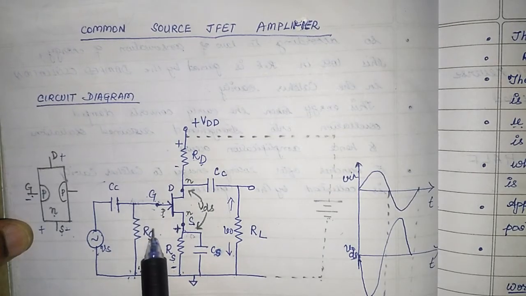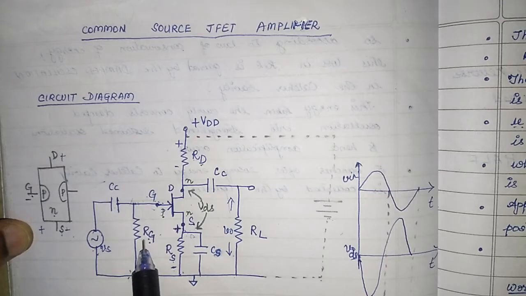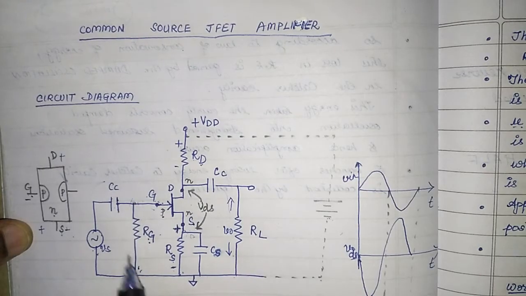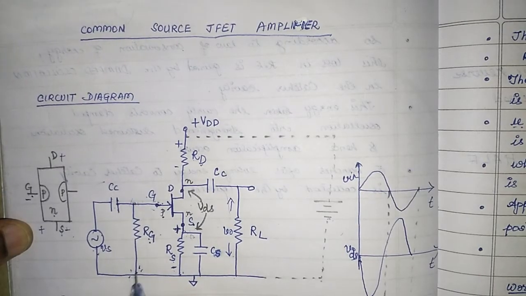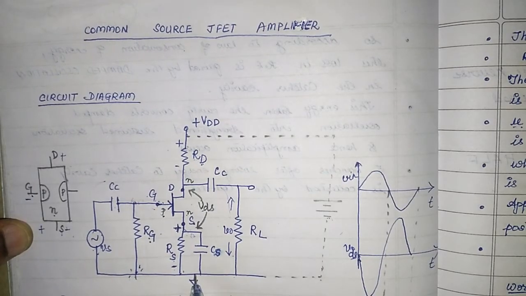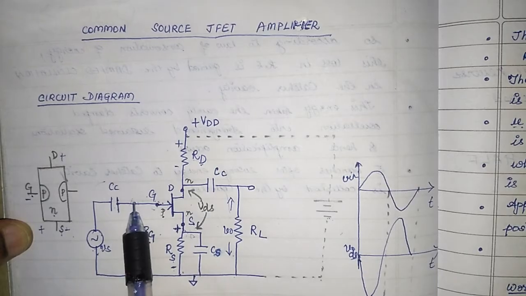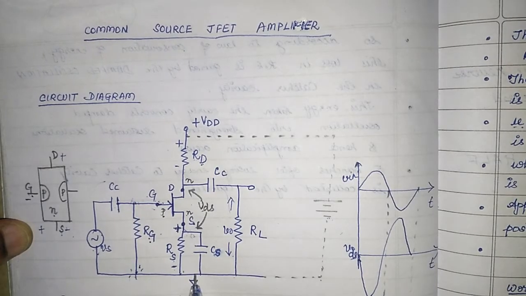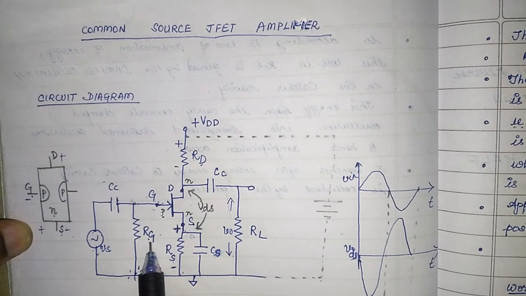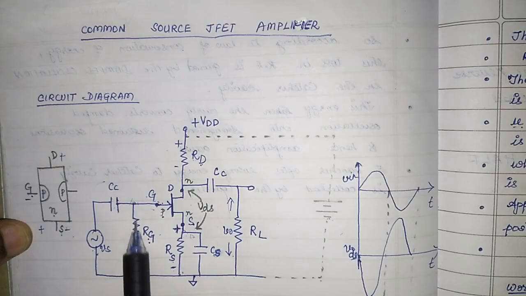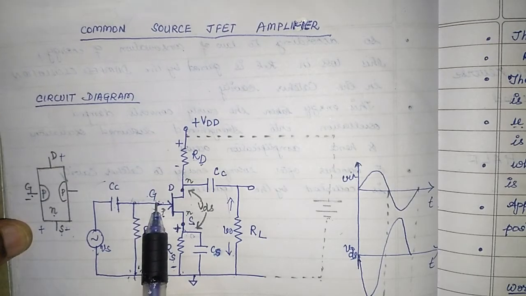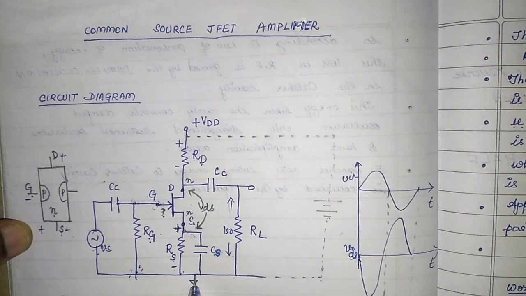So the voltage drop across it will be equal to 0, meaning to say the potential difference is equal to 0 across RG. If the potential difference is 0, that means this point and this point are at the same potential. So if these 2 points are at the same potential, what is this point at? This point is at the ground potential. So can we tell that the gate is at the ground potential now? That's the reason why RG is here, to see to it that the potential difference across it is equal to 0 and make the gate be at the ground potential.